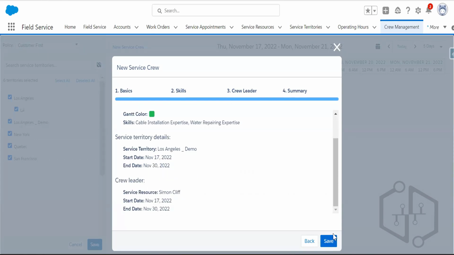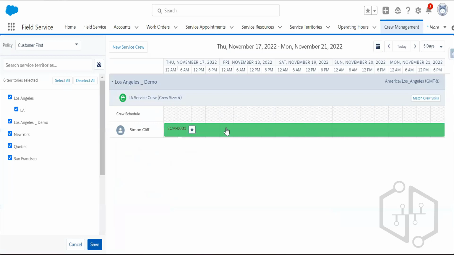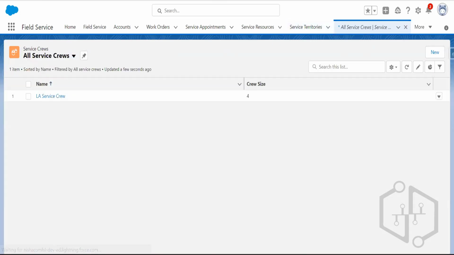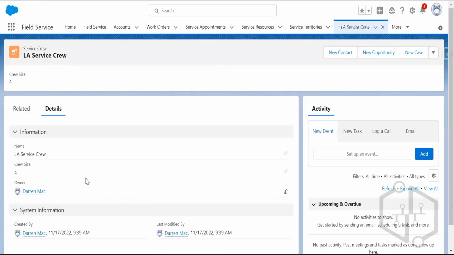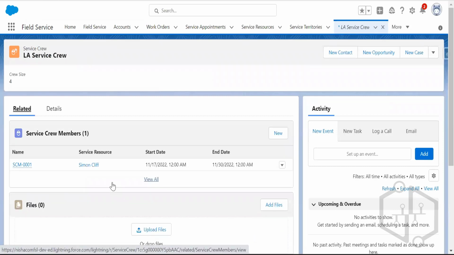You can make a crew leader also. Now saving it, so your service crew has been generated. Yeah, look at this. This is your service crew. If you have multiple service resources, you can add them over here. Okay, so now I can create a service crew here. If I go to all service crews, the LA service crew which I have created is available here also. So from the service crew member, in the related tab, from here you can add